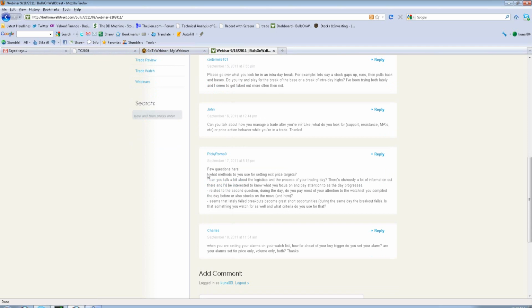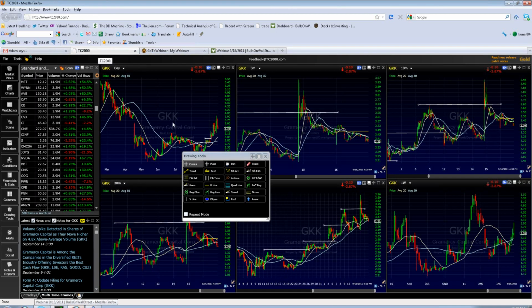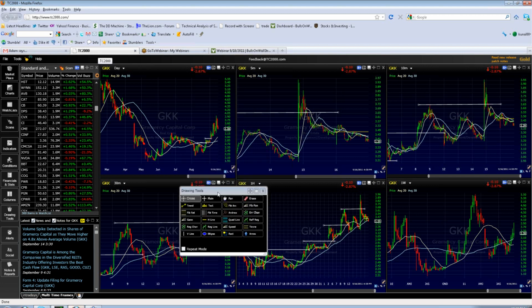Ricky wants to know, what methods do you use for setting exit prices? One of the things I'm using to set exit prices is resistance points. Those are my target levels. You can find resistance points in different ways. The best way to find big time resistance points is on the daily chart. That can give you an idea of where a stock can potentially go. And for the most part,